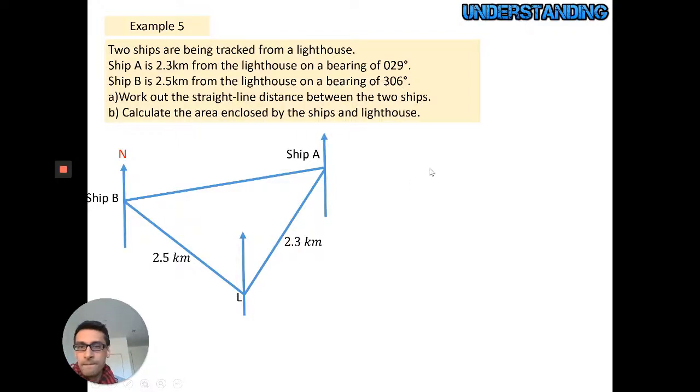5, the diagram being given to you here. Read the question carefully. I'm not going to read the whole thing out to you. Have a go, and then I'll go through it in a few seconds. Okay, so you should have